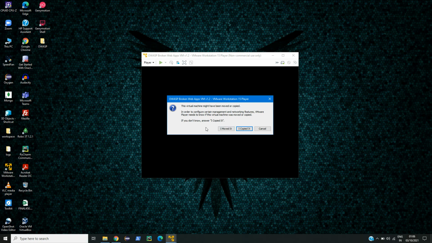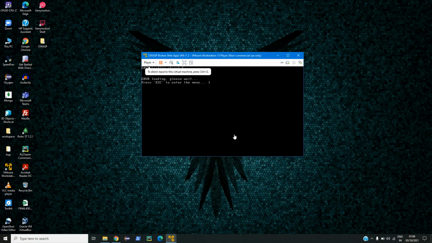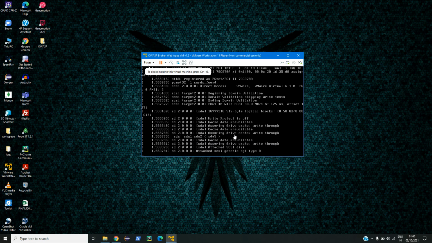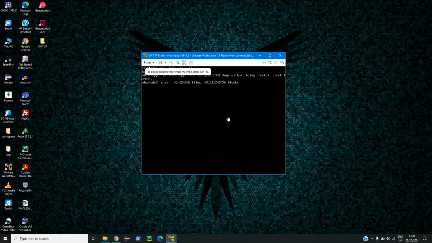So here you can just click on I copied it. Now it will automatically do all the stuff for you, that is the requirement for this virtual machine and this web application to run, like SQL database and all.